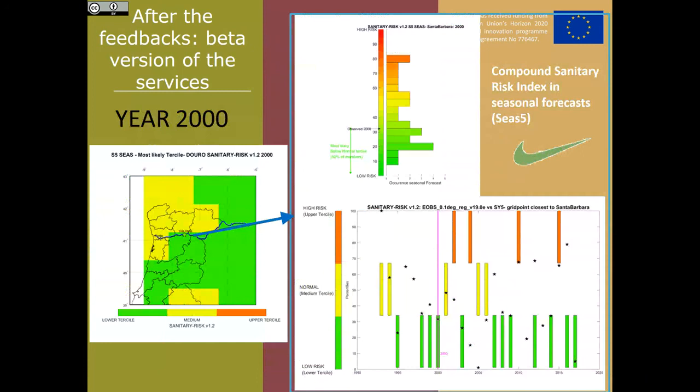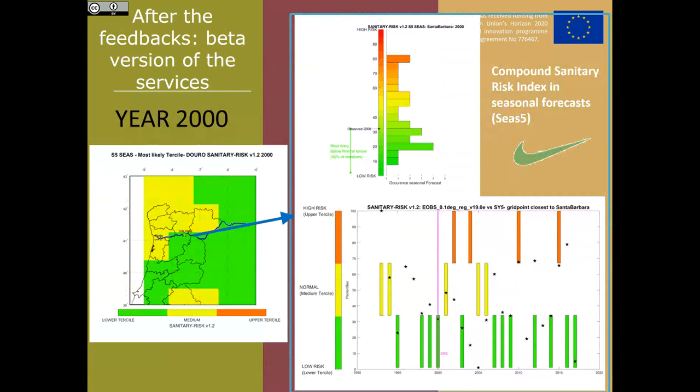So here in the green, we show the lower tercile, so the risk should be below normal, so relatively good years, while the yellow square is about normal risk, and the high risk is in red color. Here we have used a sort of traffic light color bar that could be more user-friendly and more immediate for the user. For instance, in this case, for year 2000, we have a